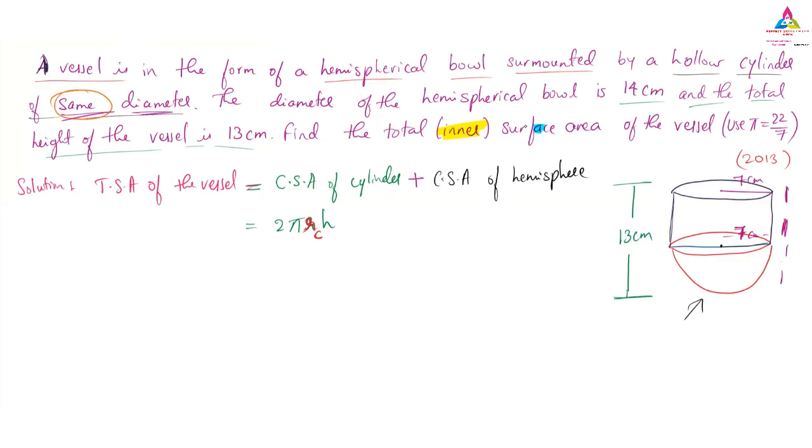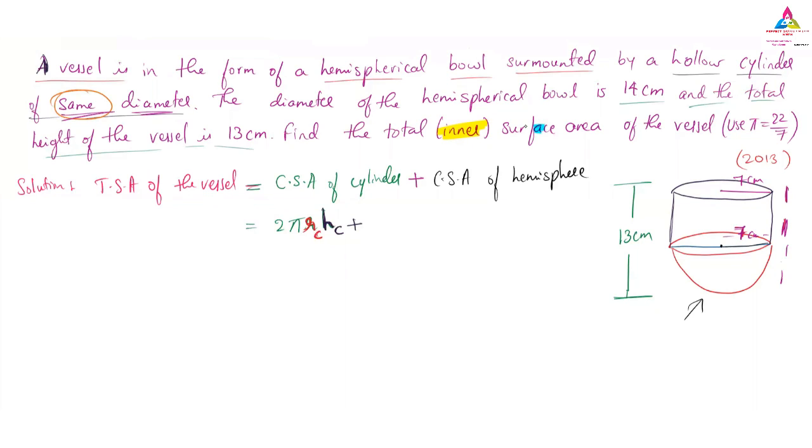Okay, RC I will take because it is the radius of the cylinder. And height I will take h only, because the hemisphere will not have any height. So no problem. Let us write h as it is, or you can write HC also, because we can take it as the height of the cylinder. Pi will not make any difference, it is a constant value.